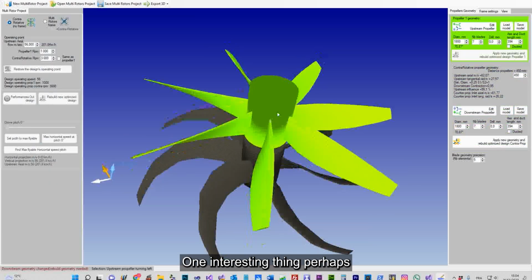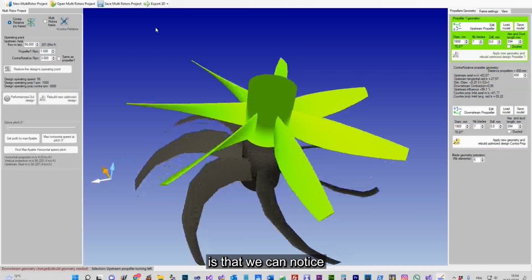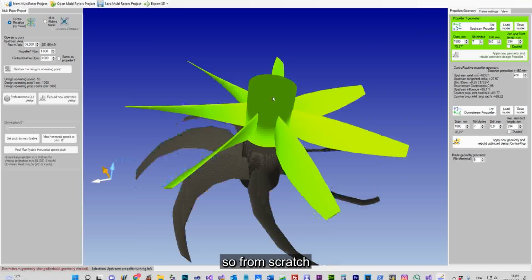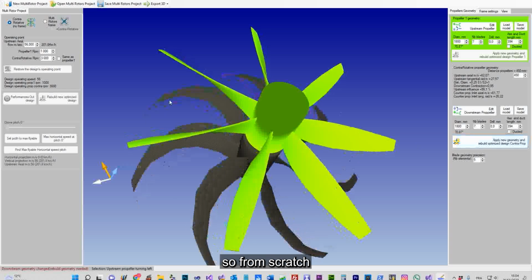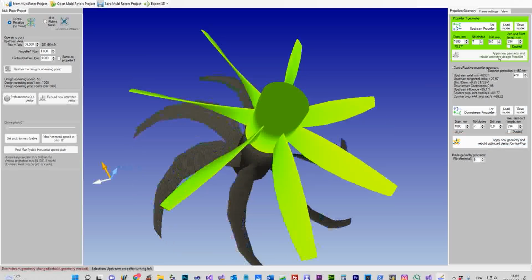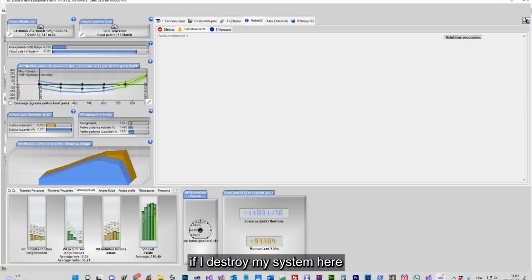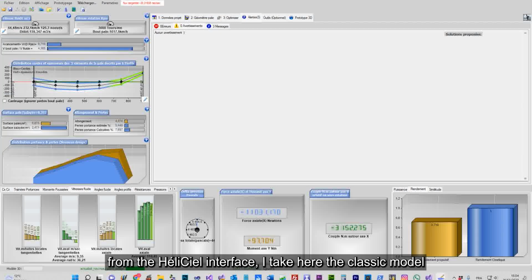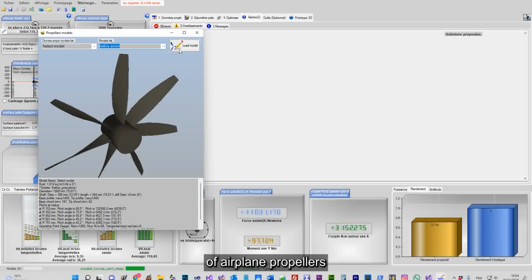One interesting thing perhaps is that we can notice that when we start a project from scratch, if I destroy my system here and I load a model from the Helicial interface, I take here the classic model of airplane propellers.